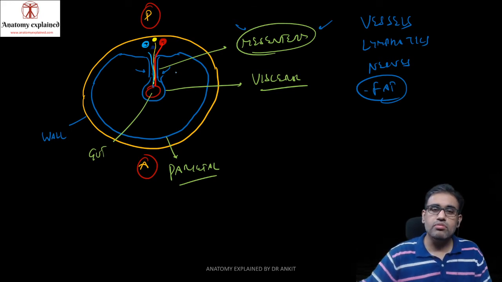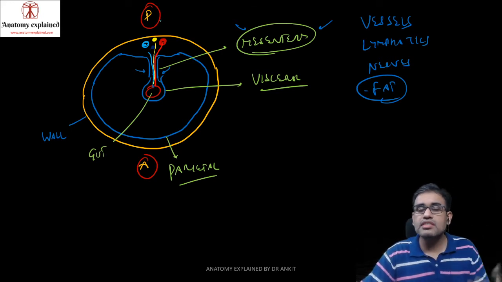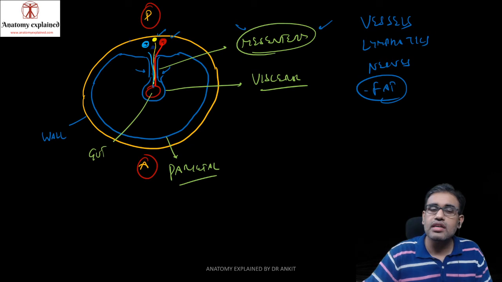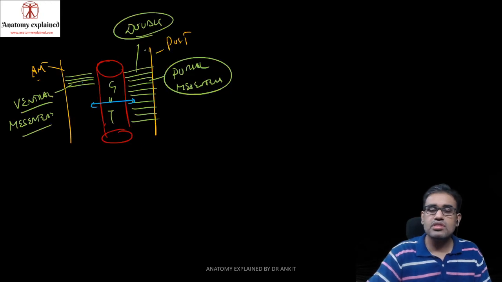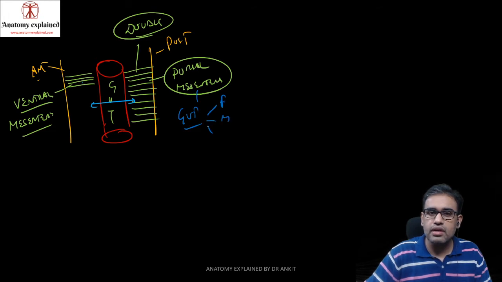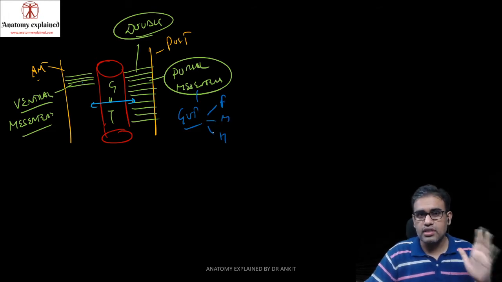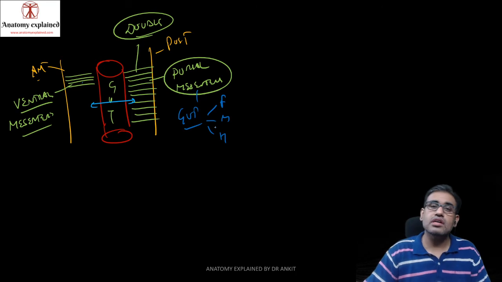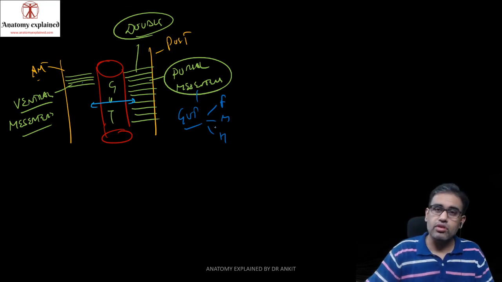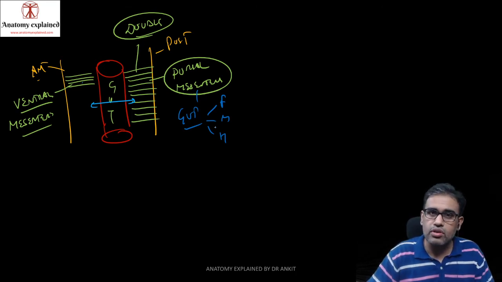Why is it more on the posterior side? Because we have the aorta, the vertebral column, the veins, and the lymphatics on the posterior side. So therefore we have this posterior, that is the dorsal mesentery, which is present throughout all the parts of the gut, that is the foregut, midgut and hindgut. That is one of the major roles of having this mesentery or this peritoneum. Mesentery is a double layered fold of peritoneum only.